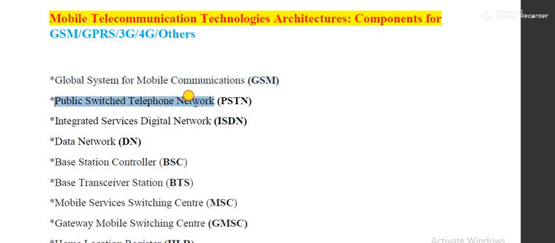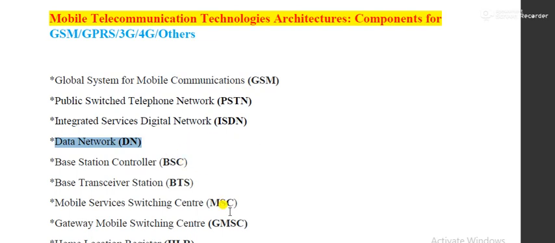Now, to know how GSM works, you should know what PSTN is, that is the public switched telephone network, and what the Integrated Services Digital Network, ISDN, is. I'll come to those points. You have already learned how PSTN and ISDN work while learning the computer network subject, but still I'll repeat a few points related to them. And the last one is the data network, basically how the data is shared through this kind of thing and so on.